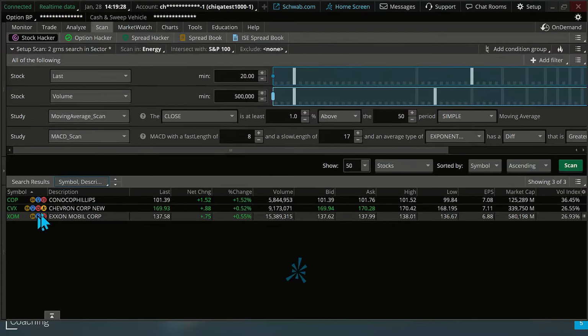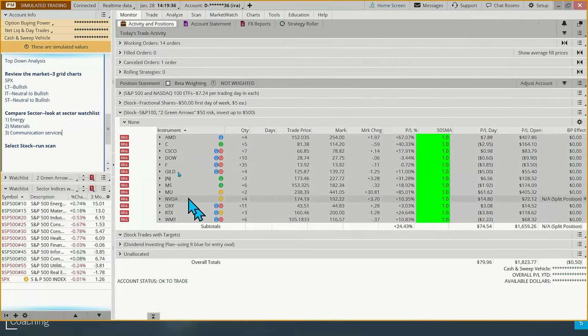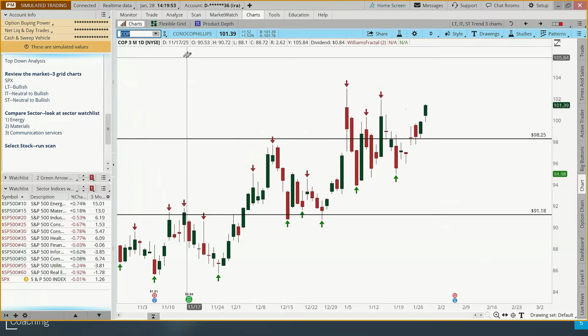Okay, so what I want to do is I want to go look at our COP stock here in our group. Okay, so first I might check my open positions, and I don't have COP, and I actually have very few energy stocks here. So this one might be one. It's like, hey, I can get some diversification if I add this into my watch list or into my portfolio. Again, not a recommendation. We're just looking at it here.